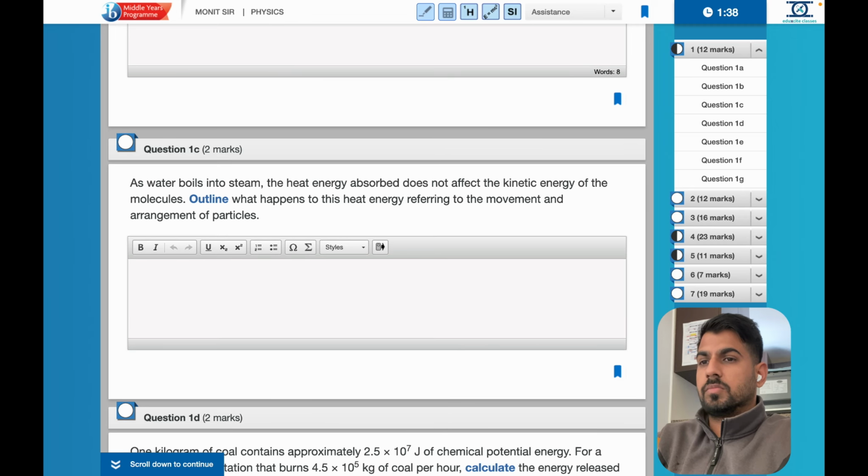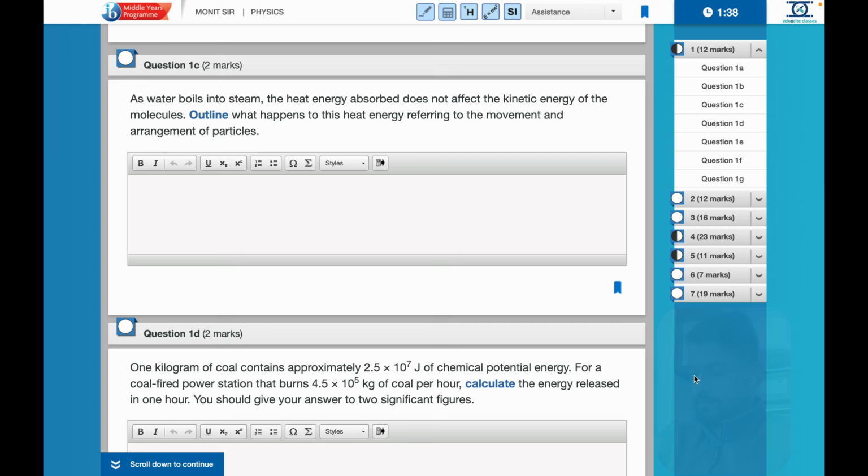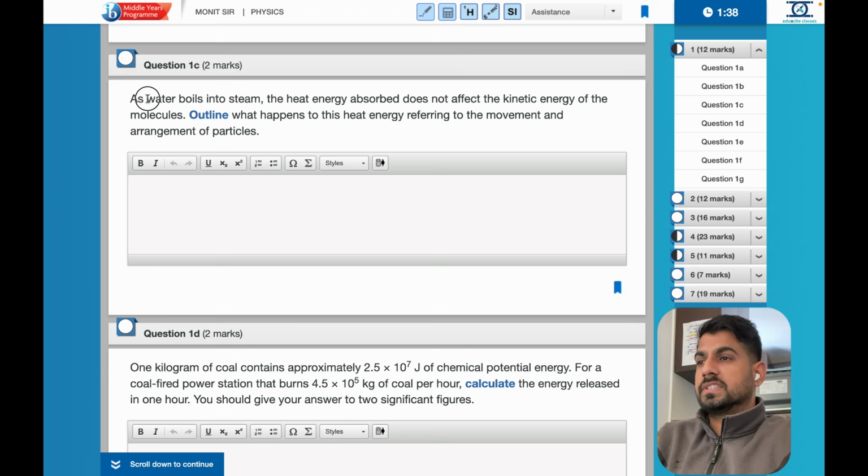Now C part, just pause the video and read the question. Okay, so look here. The question says water boils into steam. So whenever there's a change in phase, we know that there is no change in temperature. All the energy is being utilized in order to break the intermolecular bonds, right? So the question is asking to outline what happens to this heat energy, referring to the movement and arrangement of the particles. So with respect to the movement, we can say that the heat energy absorbed, you can say the heat energy